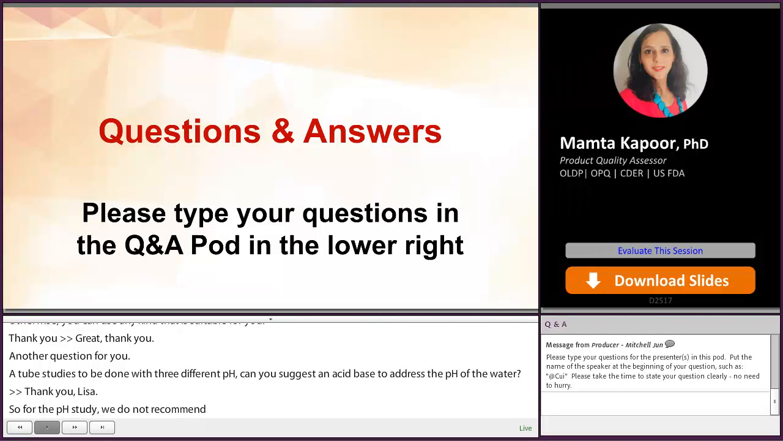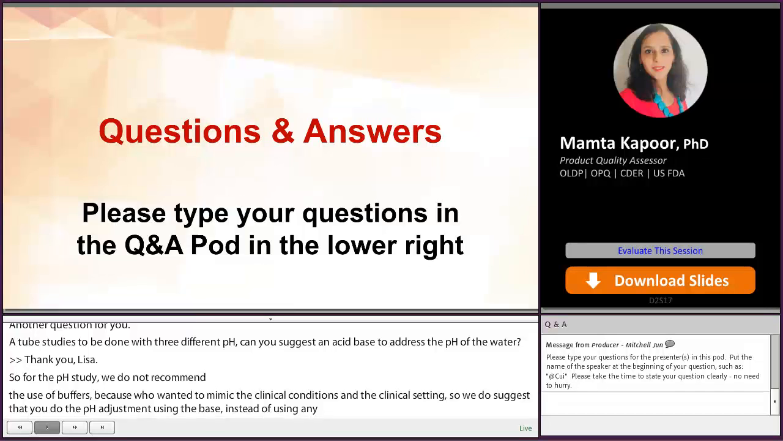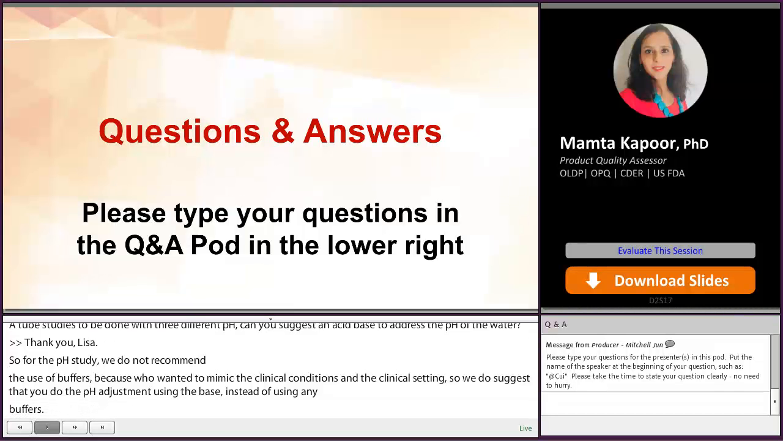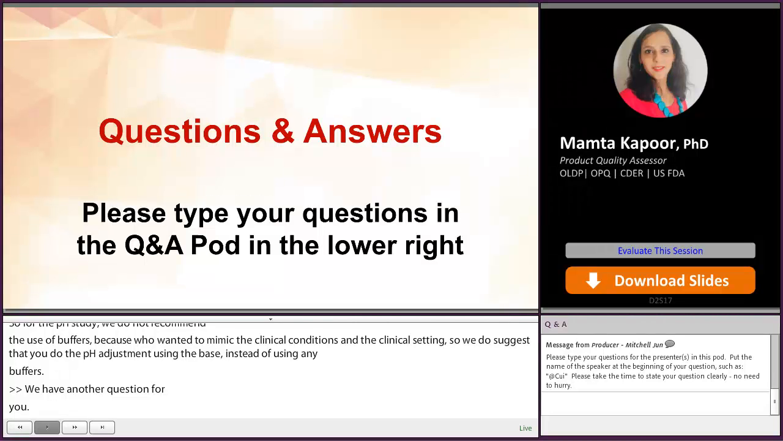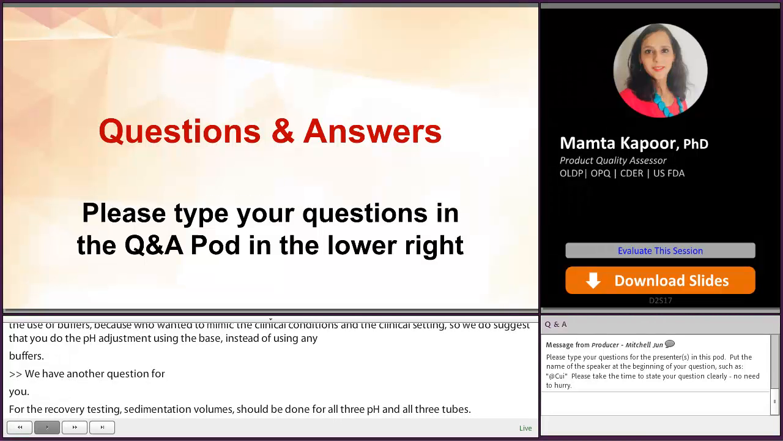Okay, great. We have another question for you. As per the PSG, recovery testing, PSD, acid resistance and sedimentation volume are to be done for all 3 pH in all 3 tubes. Can we use the worst case scenario, polyurethane, to perform all the tests and perform recovery testing as well as performing all the pH and all the